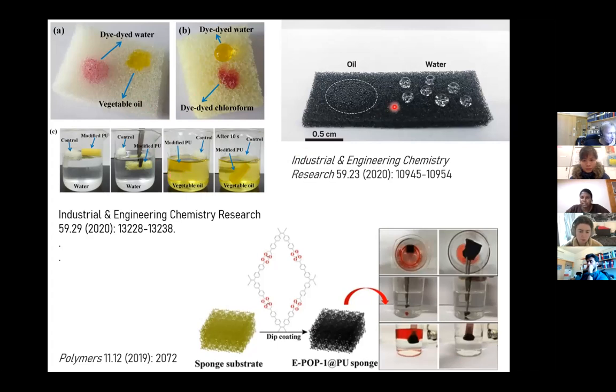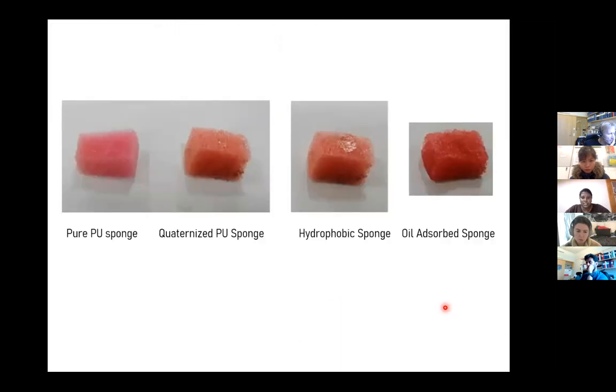This is a polyurethane sponge, which is functionalized with graphite, which also shows oil spill recovery. So this is oil, whereas this is water. And then also polymer functionalized graphite sponges, where you can see that it almost absorbs all the oil. These are all crude oil based experiments. So we started with a similar experiment.